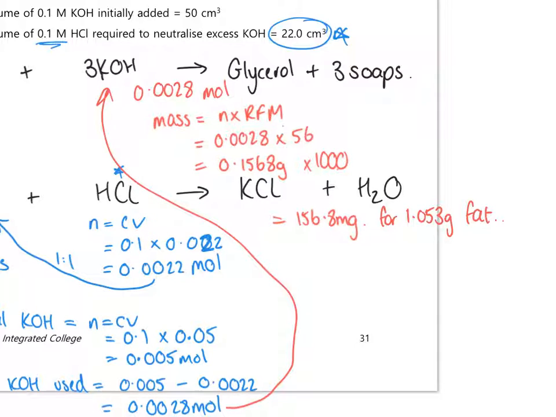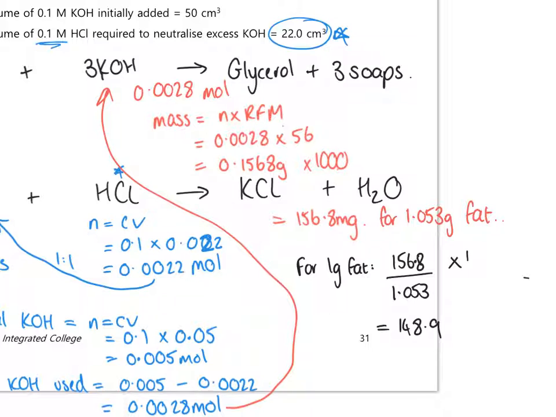So I need to do it for 1 gram of fat. It's going to be 0.8, sorry, divided by 1.053 times by 1, or essentially just divide by your mass of fat, and that works out as